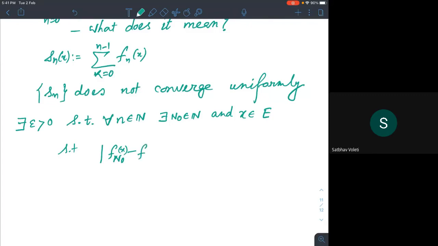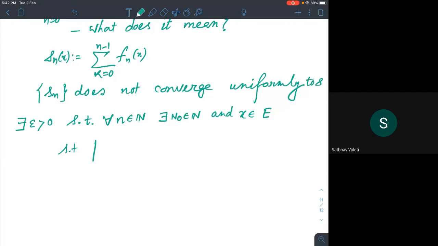See here, at the very beginning you should have a for all f, like any function. There is no function such that this holds. So this Sn does not converge uniformly. What does it mean? Such that the modulus of Sn minus the pointwise limit at that point, the function that you've created from the pointwise limits. It's enough if you shoot for that one function, because it does not converge uniformly to, let's say,